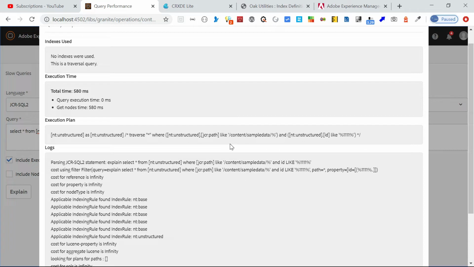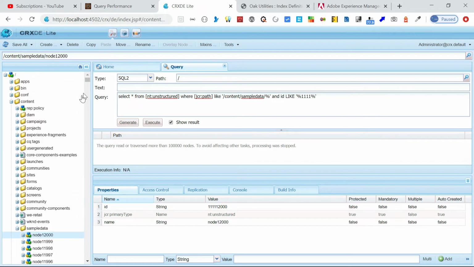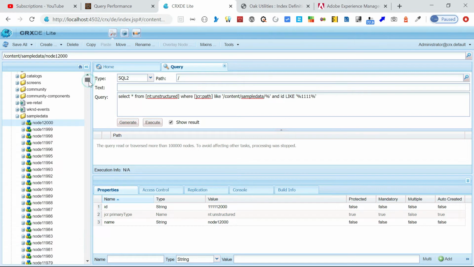So now let's see how to define a Lucene property index to make this query perform without any issues. So go to CRXDE Lite. Let me minimize this, maybe it will take time, since it's a huge data.